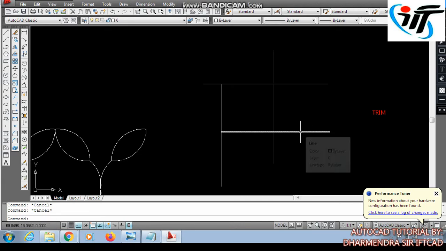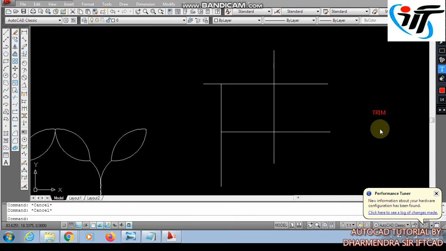Now extending the object. Extend and trim are opposite commands, which are quite frequently used in drawing.